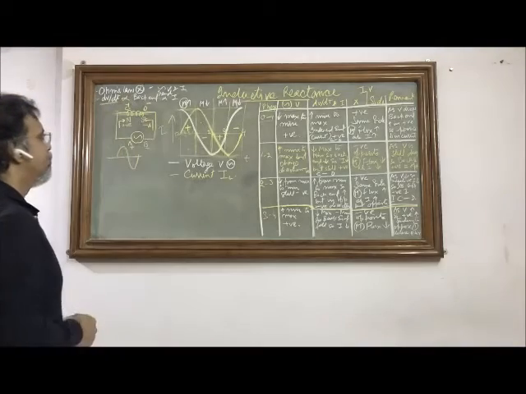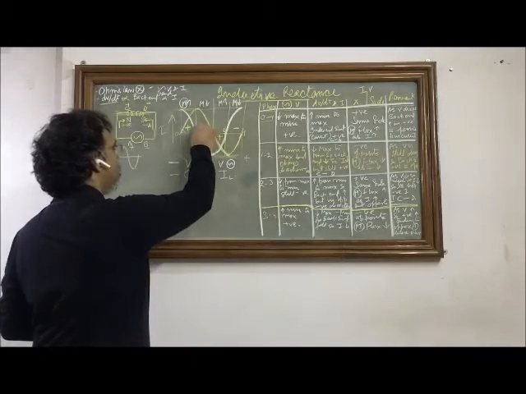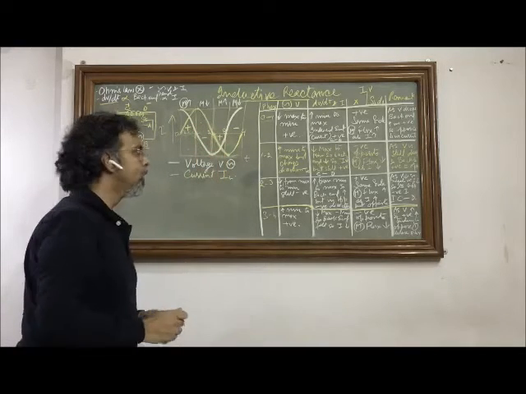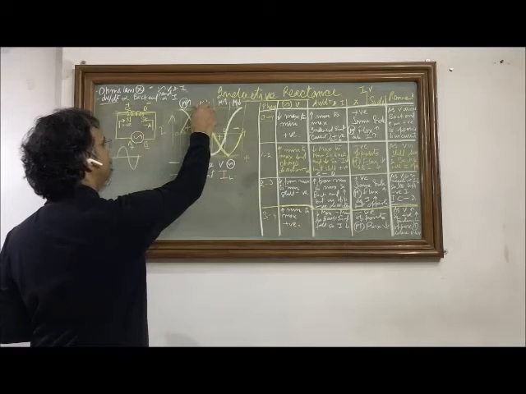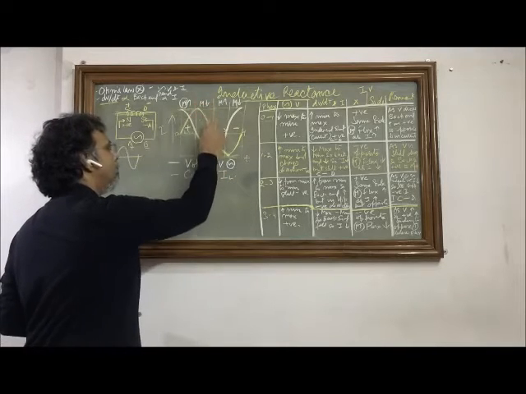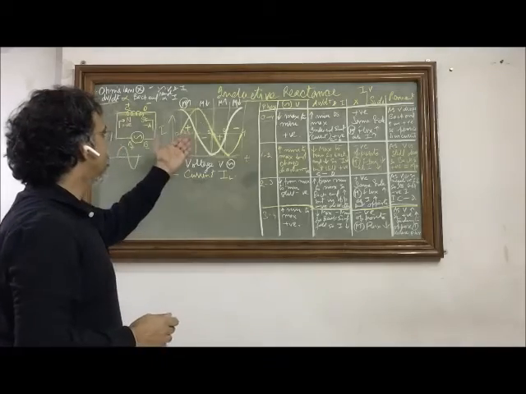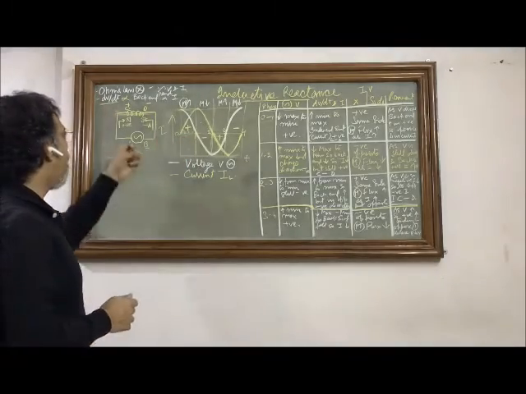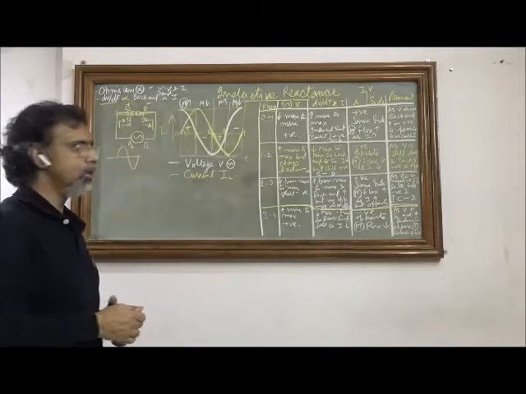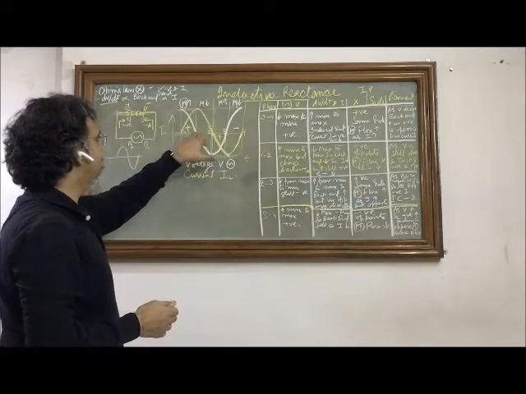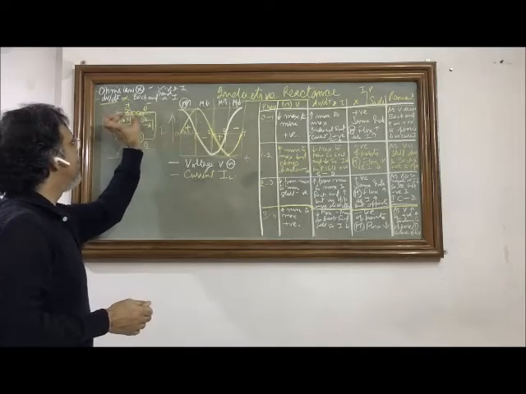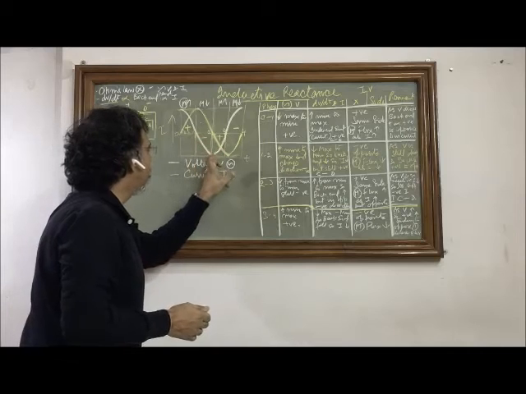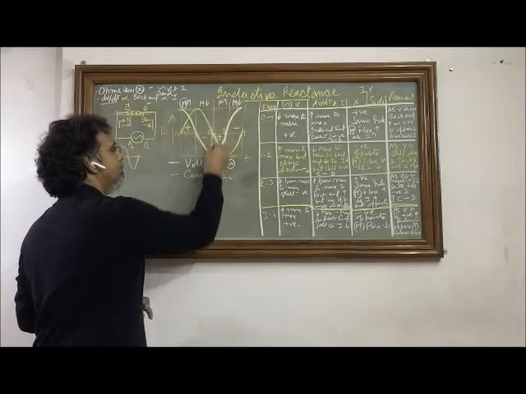In other words, we can also say that since dV/dt is falling from its maximum value to its lower value here, the current will be decreasing from its maximum value to its minimum value, because dV/dt, the rate of change of potential, decides how much EMF will be produced in this coil. Here it is maximum, so the EMF is maximum, and when the EMF is maximum, the current is maximum.